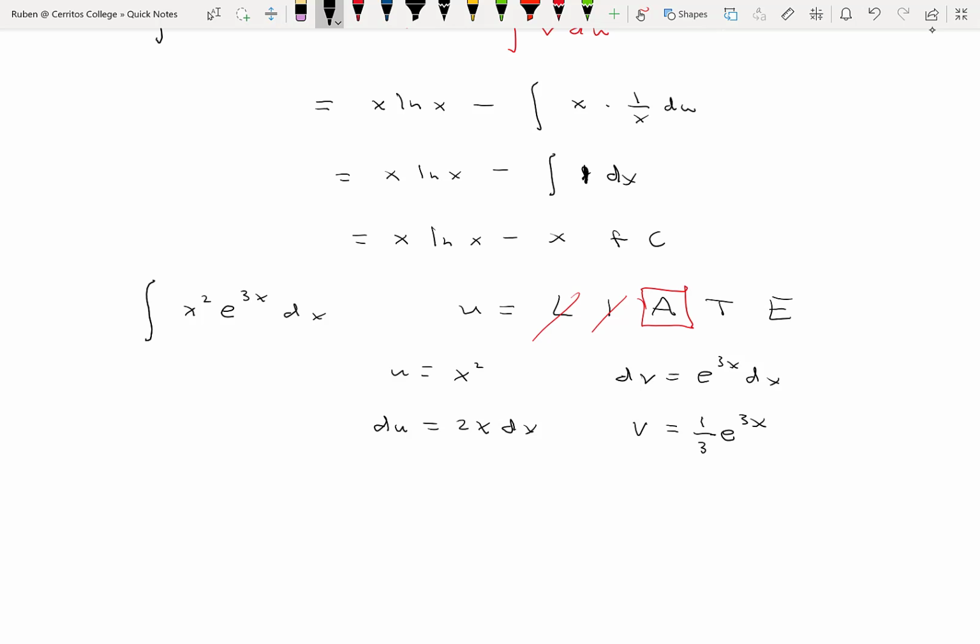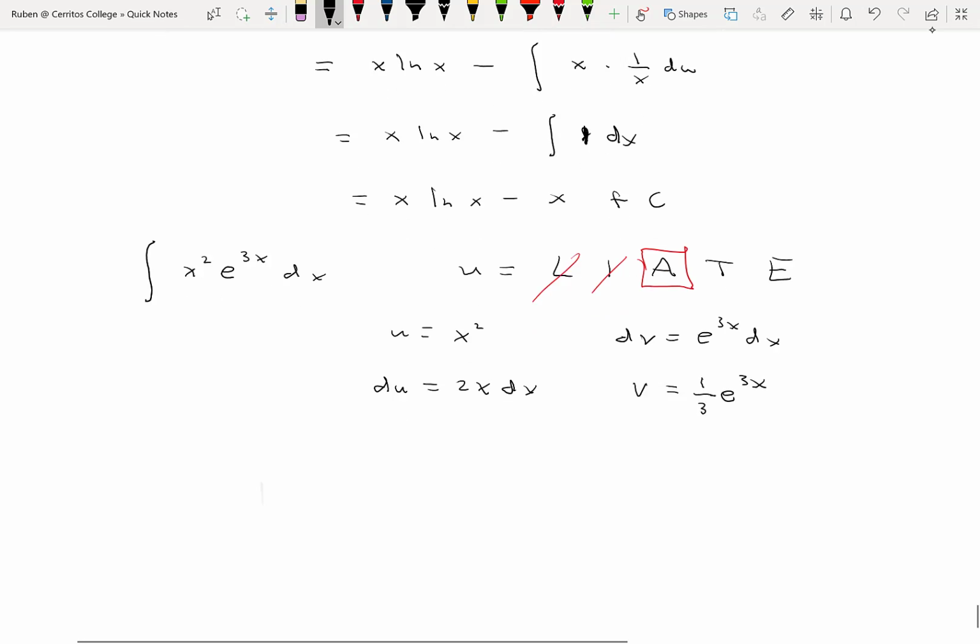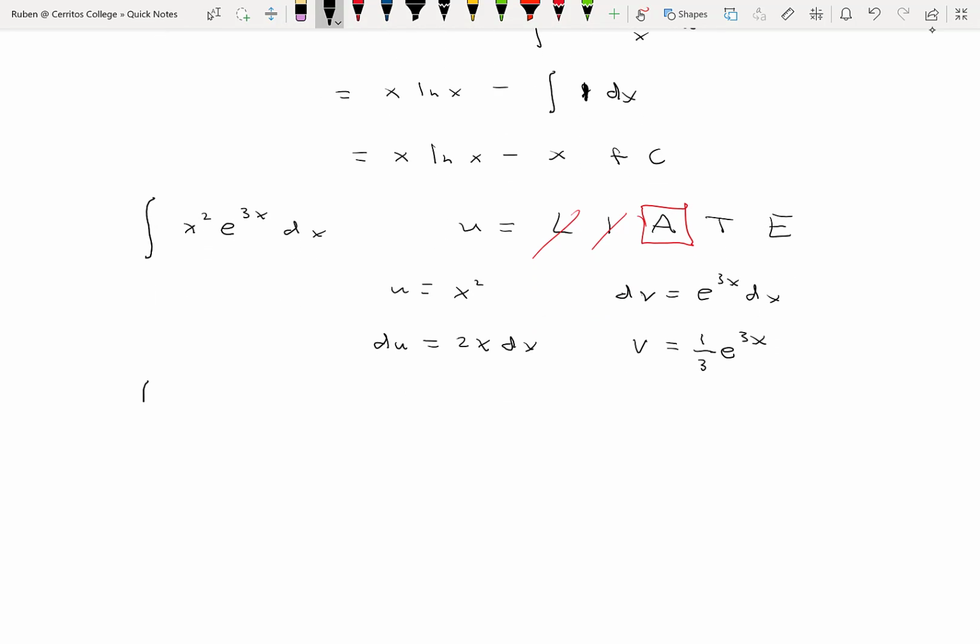Okay. If you're not sure why that's 1/3 e to the 3x, you ought to stop the video and take a look at that. The short story on that is you would let w equal 3x, etc. So if you're not sure about that, you ought to stop the video and make sure you understand how I went from dv to v. So I'm going to push forward with our integral. So our integral of x squared e to the 3x dx is uv minus the integral of v du,